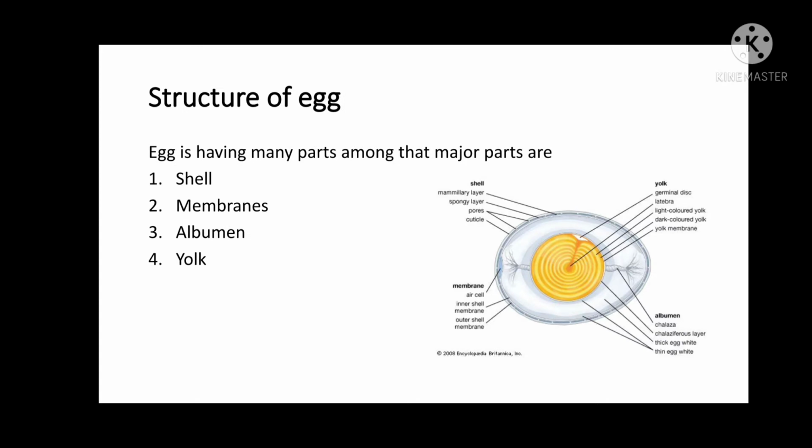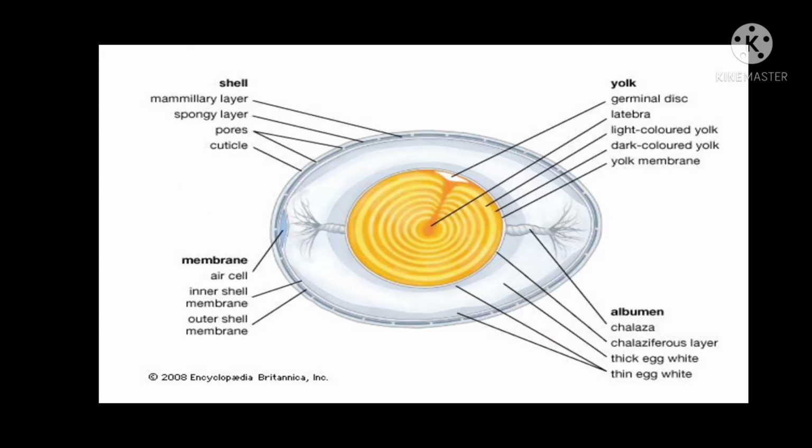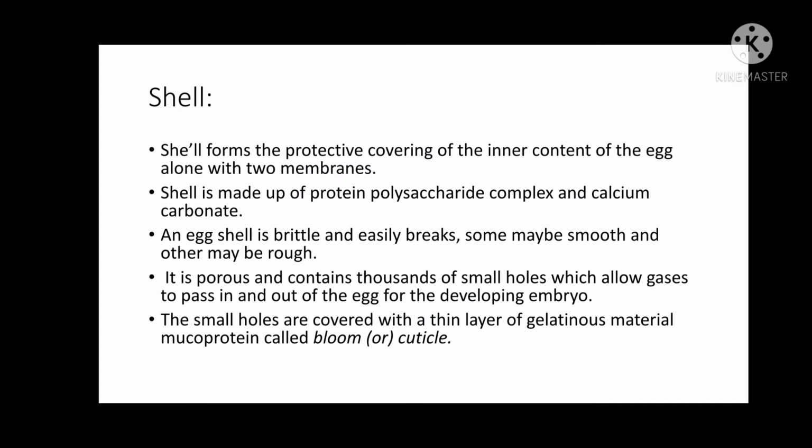The major parts of the egg are the shell, albumin, egg yolk and air cell. Now we'll start with the shell. Here you can clearly observe the picture of the egg, and we'll start with the shell. The shell is the egg's outer covering, and it accounts for about 9 to 12% of its total weight depending